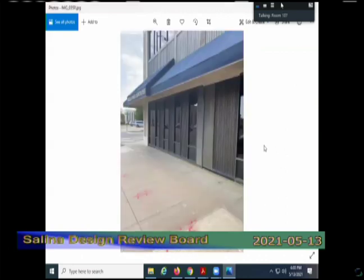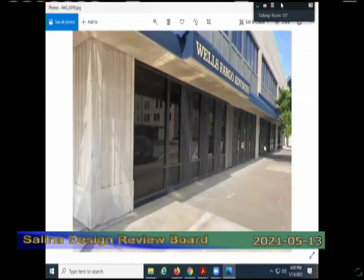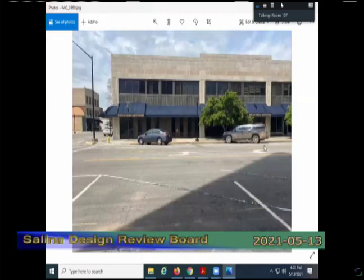And there actually was a proposal in 1992 from the then owner to demolish the building, but that proposal was denied by the State Historic Preservation Office, not because of this building, but because at the time there was a review of projects that were in the proximity to the Smoky Hill Museum, which is on the National Register of Historic Places. Then there was a case in 1995 where this board approved the removal of an existing metal canopy